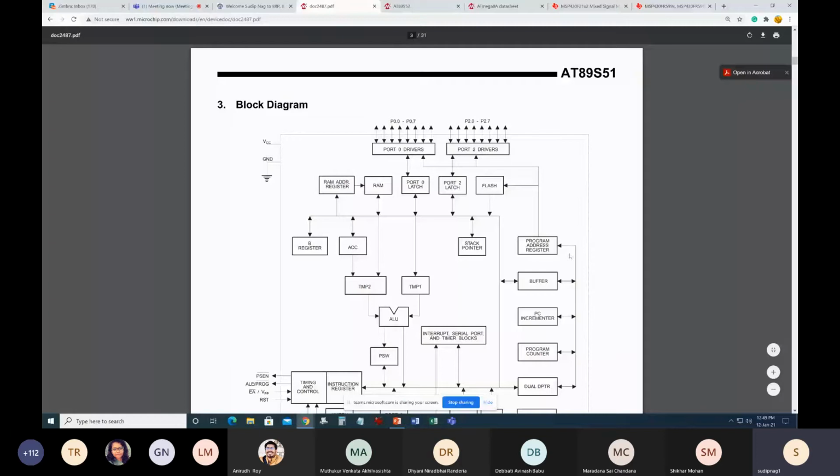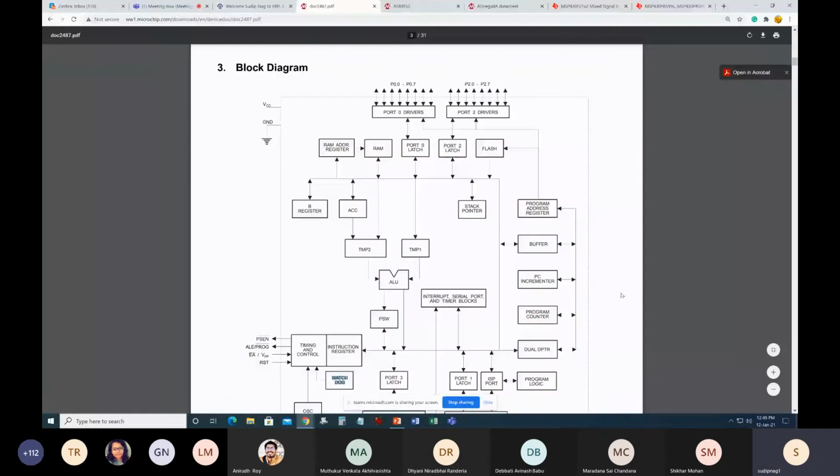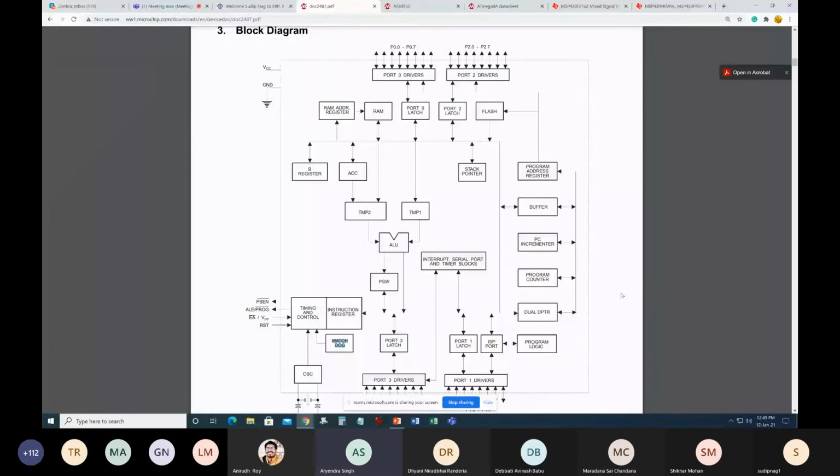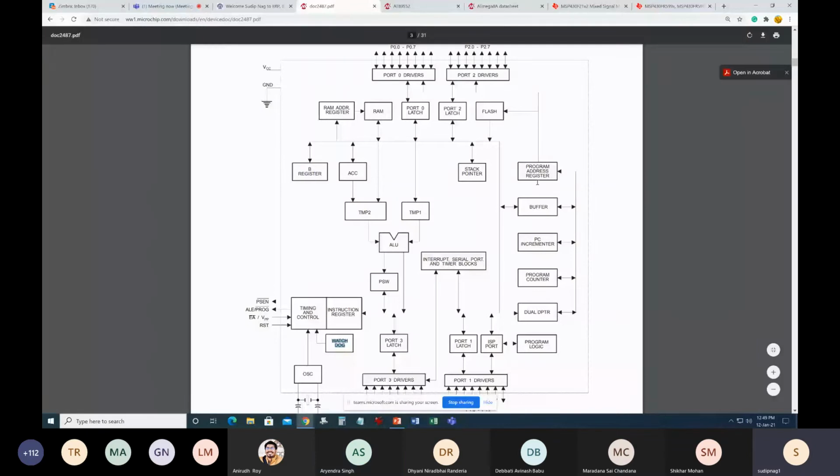So which one did I leave out? Can you point out? Can you repeat what you told us about flash and program address register? Program address register. Okay. See, the program address register is basically used for both purposes. I only explained the normal execution of the program with the program counter and the incrementer. But the program counter, PC, incrementer, and the address must be applied to the flash memory locations during programming